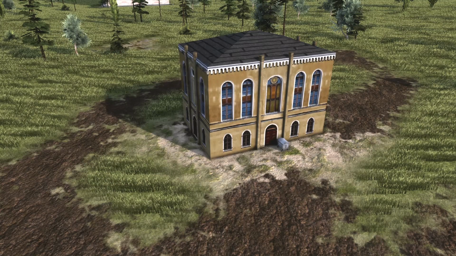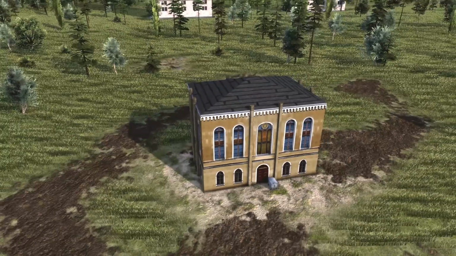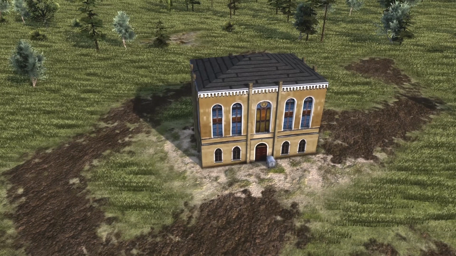Jutland and Synagogue, in brackets church. Now this is something we don't get too much of recently. Very few churches are being released, and this is a synagogue. I think it might be even one of the first ones in the game, and I love how the whole roof looks like a kippa, like a yarmulke, that Jewish people sometimes wear on their heads. It's really cool. Based on a historical building in